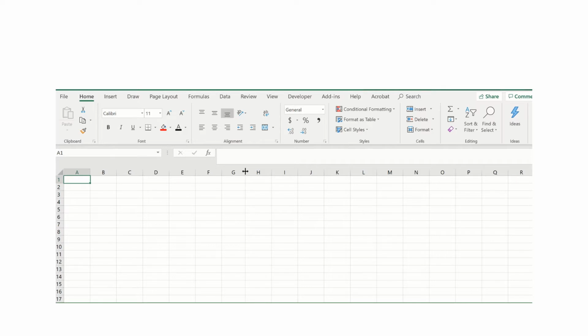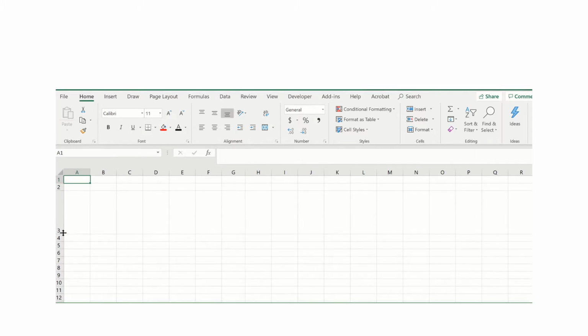Same thing with your rows. Find a row number, click on it, drag it to increase the height, or drag it to reduce the height. All right, if you had received a workbook,